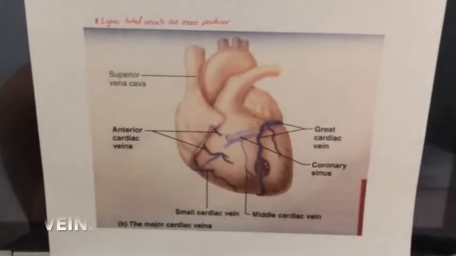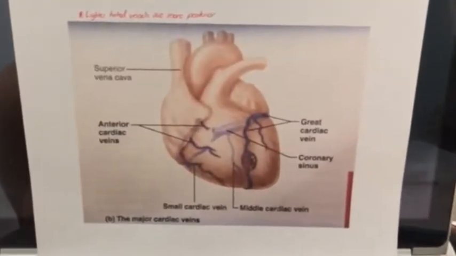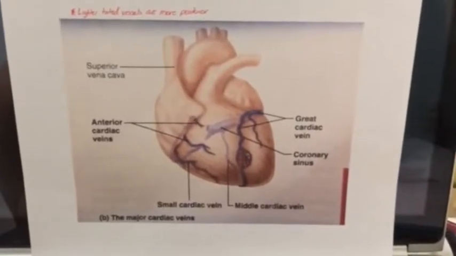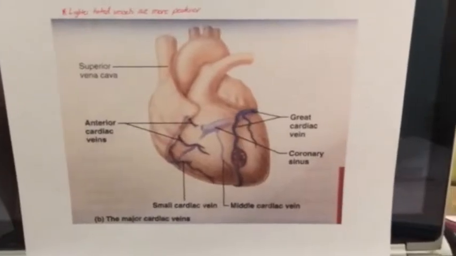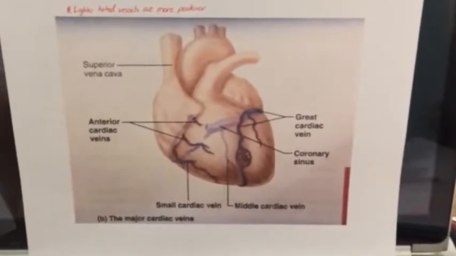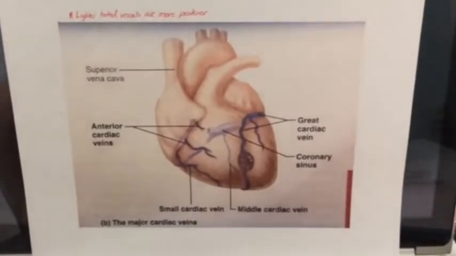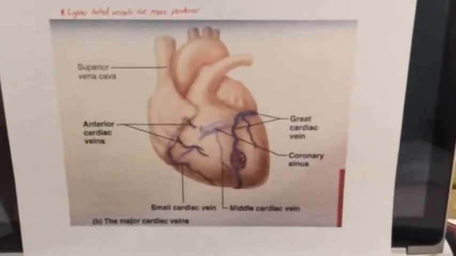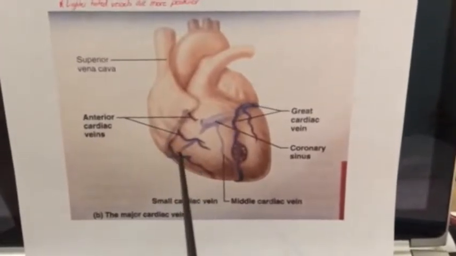Vessels which remove deoxygenated blood are called veins. In this image, the lighter tinted vessels are more posterior. There is the great cardiac vein, which drains the anterior interventricular septum, the middle cardiac vein, which drains the anterior interventricular septum, the small cardiac vein, which drains the right